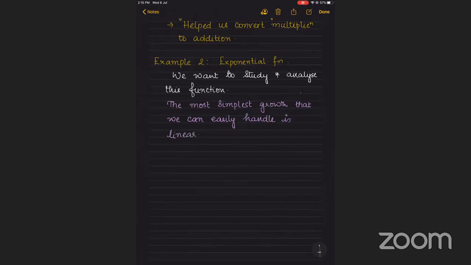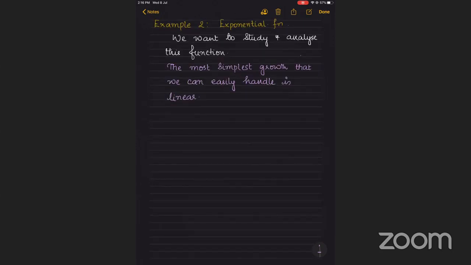If it is constant, you don't have to do anything. Otherwise, we basically look at linear, which is of the form y equal to mx or y is equal to mx plus c. So if I have an exponential function, the moment I take logarithm,